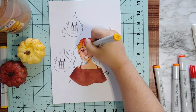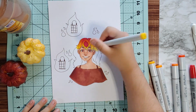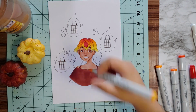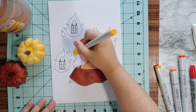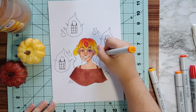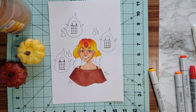Anyway, so yeah, the fire also took a little bit of experimenting with blending, because I think I've only drawn fire with Copics once before during last year's Inktober, and I didn't actually do any blending with that one. I think this one fell short in some aspects because it was another that I couldn't stop imagining as a digital illustration rather than traditional, which is the whole point of Inktober. But at the end, I do think that it works really well